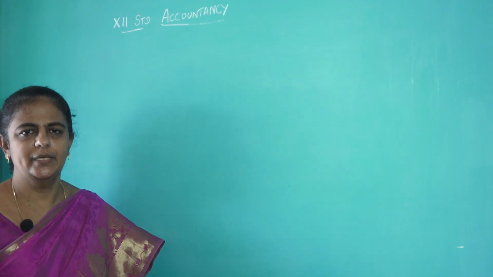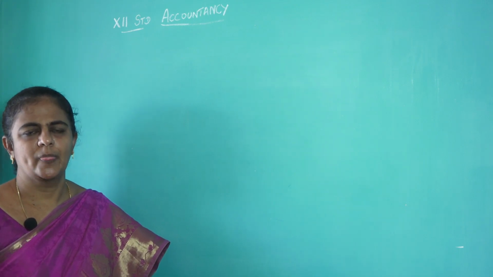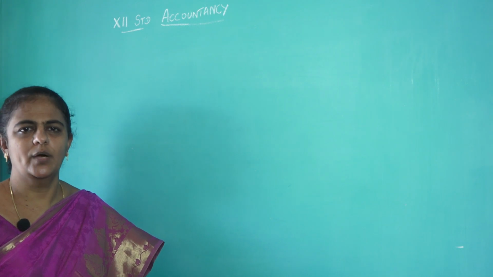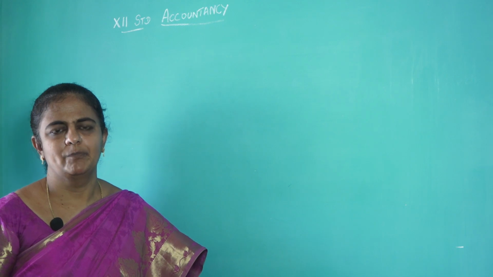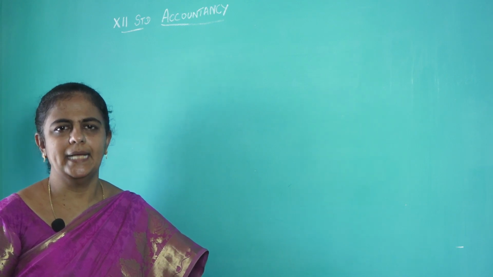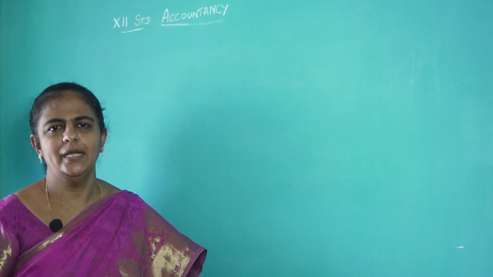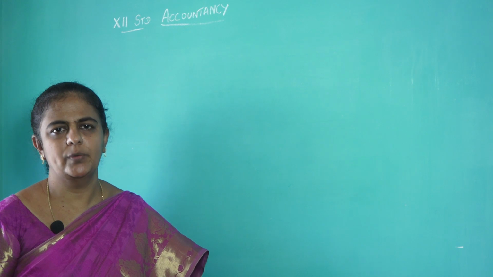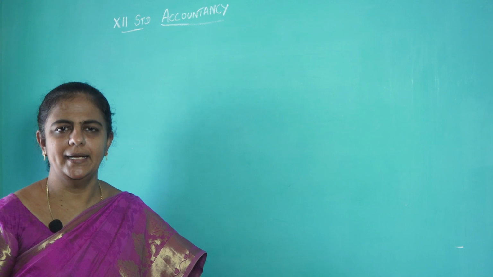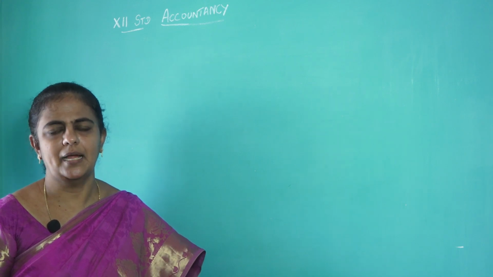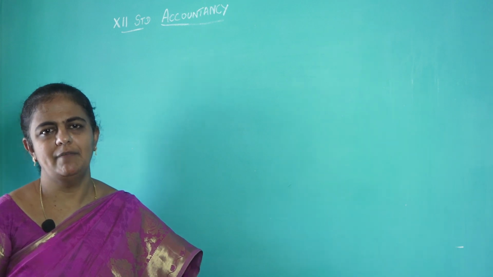Today's class, I will be teaching you one sum: how to prepare a receipts and payments account. In the previous class, I told you what appears in the receipts and payments account. You know that only cash receipts and cash payments will appear. Non-cash items should be excluded. It's very simple: just identify which are the cash receipts and which are the cash payments, and prepare the sum. So shall we move on to the sum?